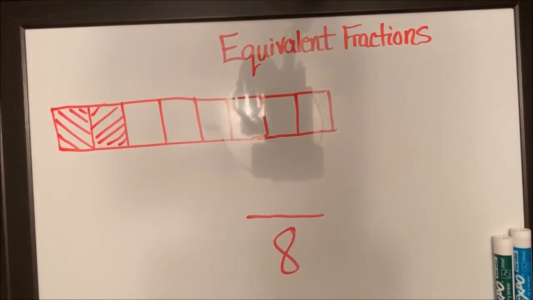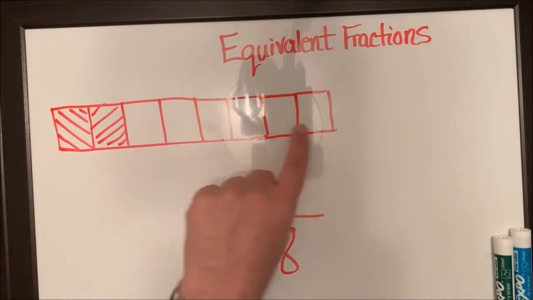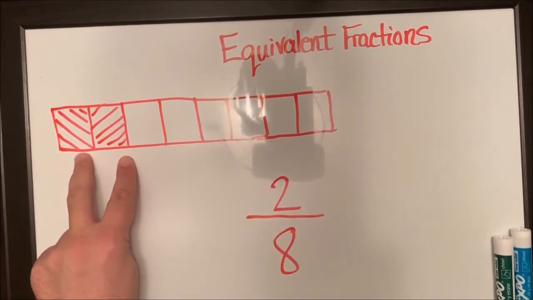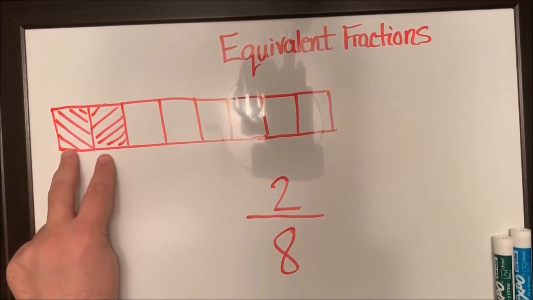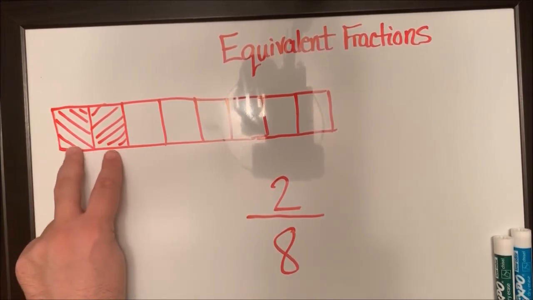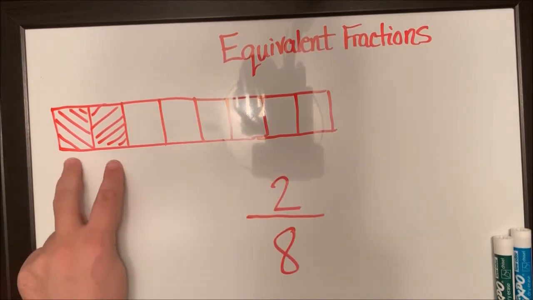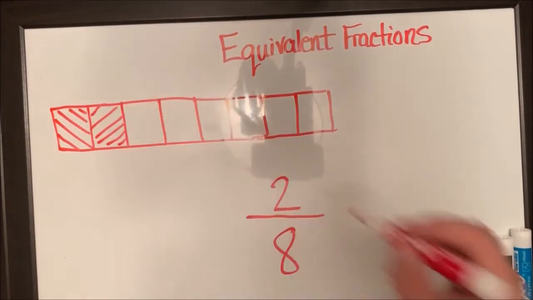So on the first day, if you ask me, Mr. Lott, what fraction of that pizza did you eat today? Well, I have 8 slices in total, and I ate 2 of them. So I ate, get it, 8ths? I ate 2/8 of the pizza. Okay, and I have 6/8 left over, but I ate 2/8 of the pizza. And then someone said to me, well, if you ate 2 slices every day,